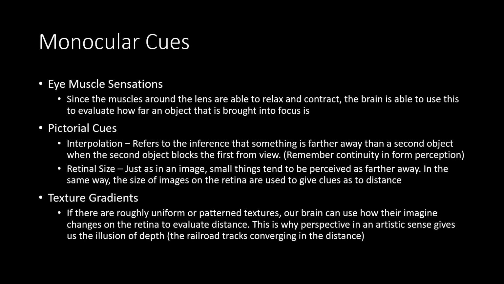The next type of cues are called pictorial cues, and these actually have two different parts. The first is referred to as interpolation, and this just refers to the inference that one thing is farther away than a second if the second one blocks the view of the first. And not entirely, because then of course we wouldn't know it was there, but it blocks it in some partial